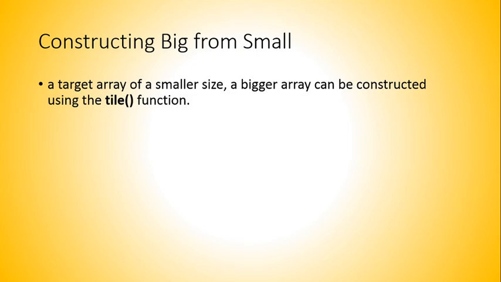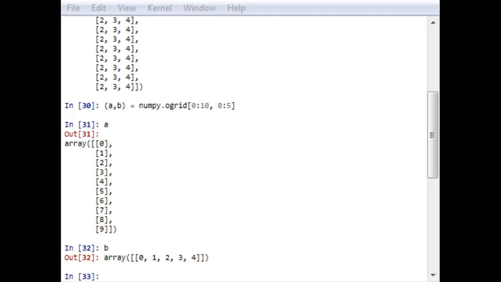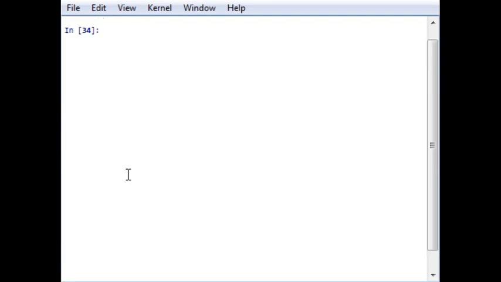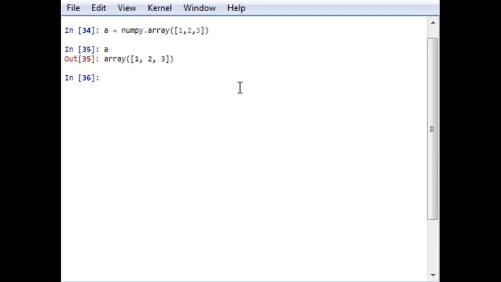Let's check an example and how it works. Okay, first of all, let me clear the command window. As in our previous example, here we will also go for the array A. Now let us say that A is the numpy array 1 2 3. So by REPL notation, it will generate an array of 1 2 3.